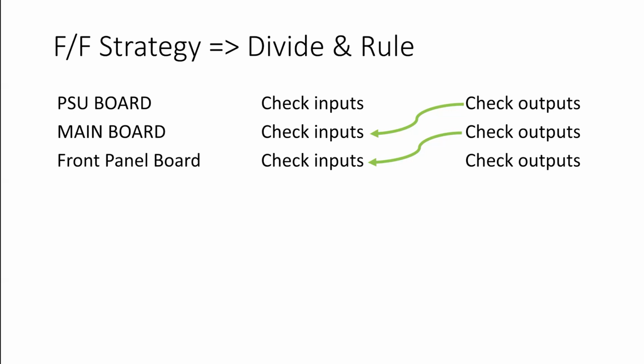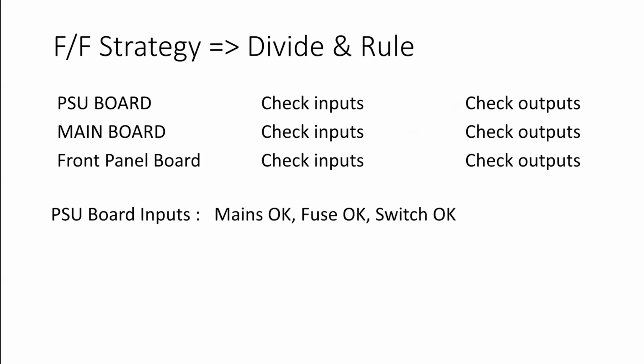So that's what I check first, the input to the power supply board. And the mains is okay, check that with a multimeter. The fuse is okay, check that with a continuity checker. The switch is okay, check that with my multimeter again. I then check the output of the power supply board, and those are iffy, in as much as they're not what they should be. So at that point, I abandon my divide and rule strategy and I move on to